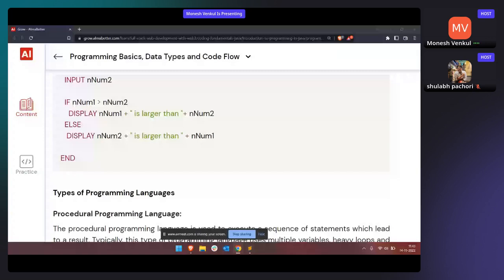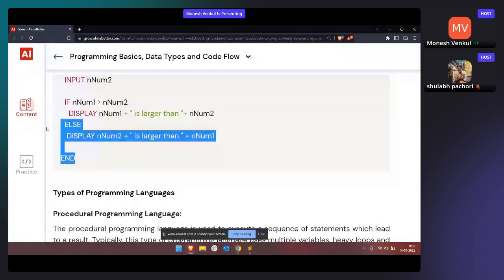So, till here, anyone having any doubt, you can ask me. Have you all understood what a pseudocode is? Pseudocode is nothing but